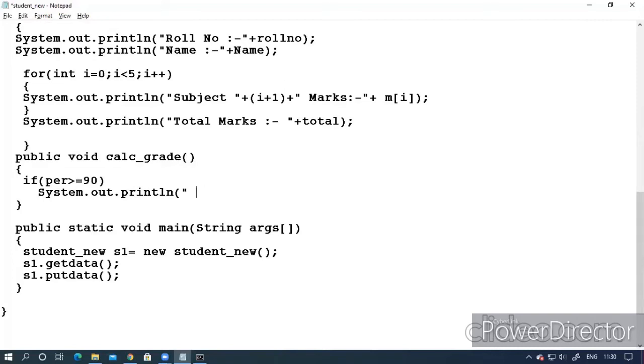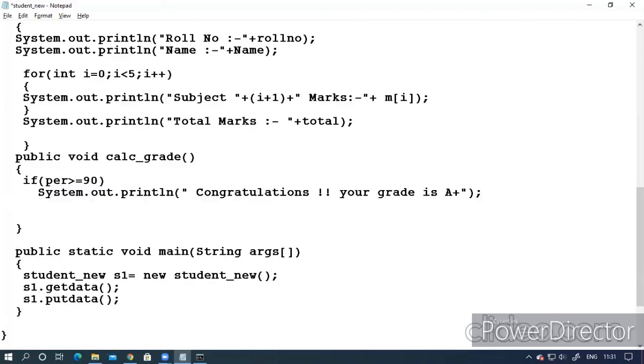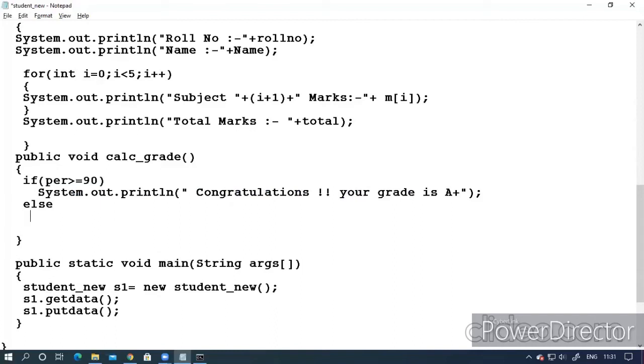Or you can give some message, congratulations, your grade is A+. Whatever message you want to give, you can give. It's your program. As you want to show to your layman, you have to give the messages.